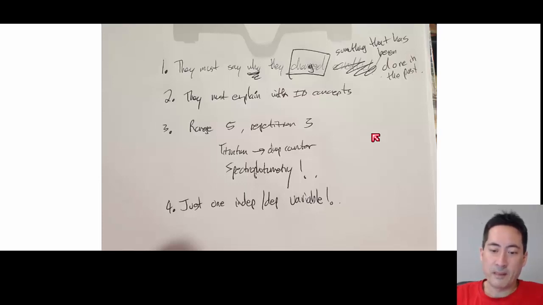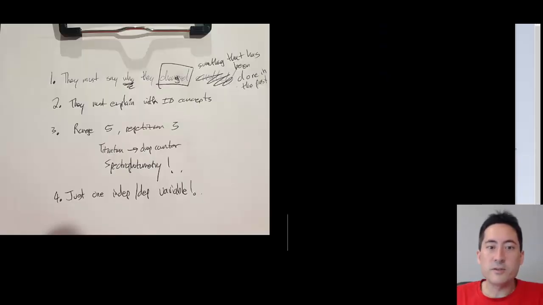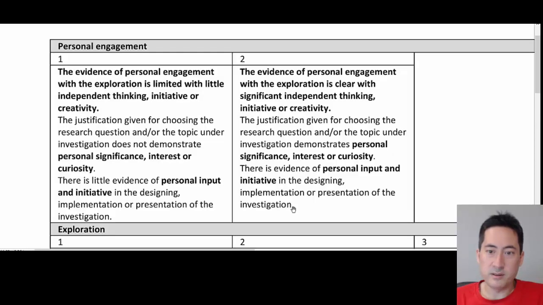So I have to put the blame on teachers for getting taught it wrong or not knowing how to do it properly. So it's just basic scientific method. You never just come out of stuff out of the air. You always do your research, see what's done, and then base your new research, learning something new based off that. So the first thing they have to do is they have to change something. All right? It has to be something that's been done in the past, and then they have to show that they've changed it. So this is shown up quite clearly in the criteria.